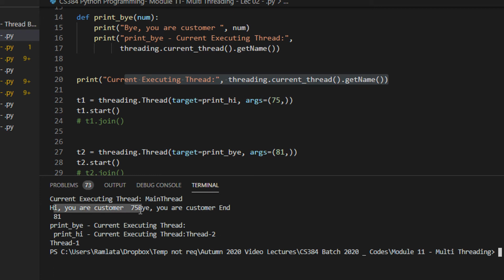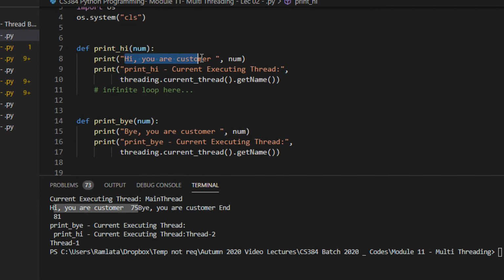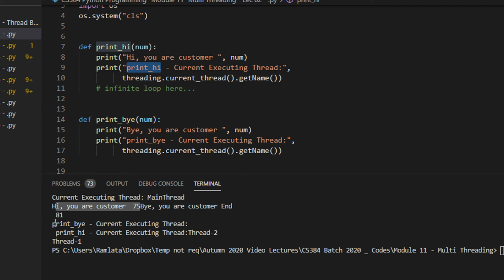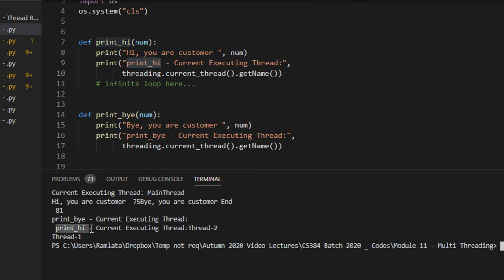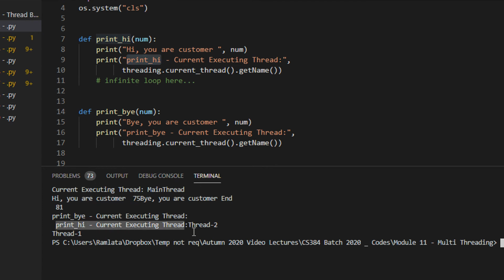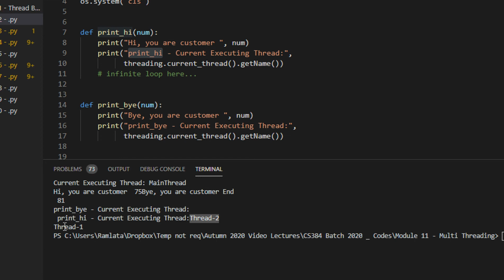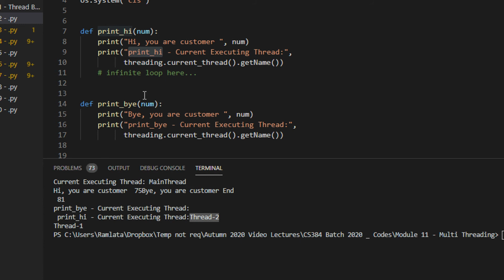After hi, your customer number 75, it should have been print_hi, with the currently executing thread being Thread-1. But you can see print_bye, and then suddenly your customer 75, and print_hi comes later. You can see two thread names, Thread-2 and Thread-1. There is a lot of gibberish output that you cannot make out, and this will change every time.